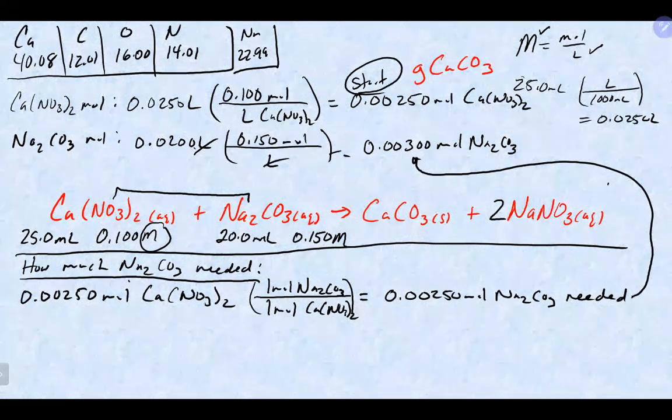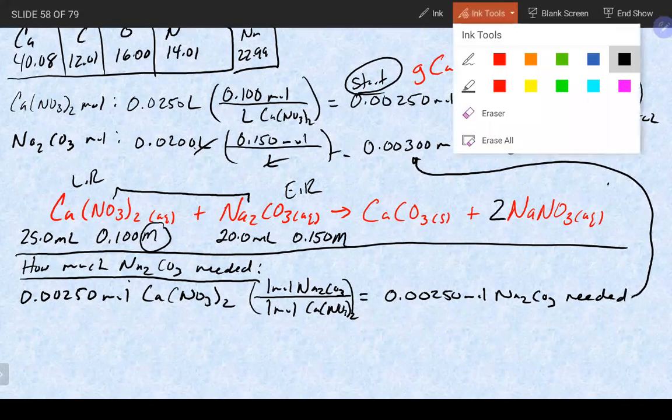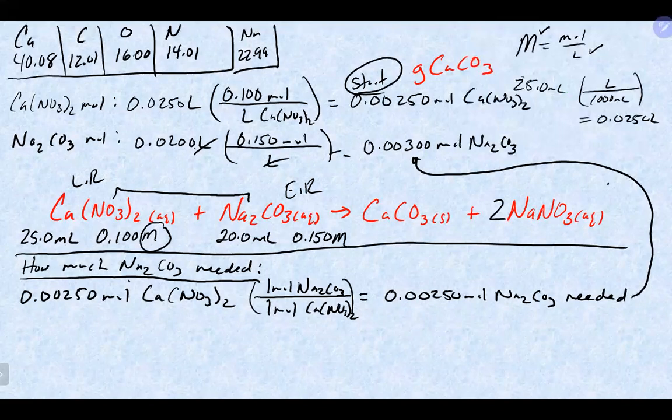We do, just barely, but we do have enough of it. So that means that the sodium carbonate here is our excess reagent, and the limiting reagent here would be our calcium nitrate. Any questions on that? Once we have the limiting reagent, we now can go back to the starting amount of our limiting reagent